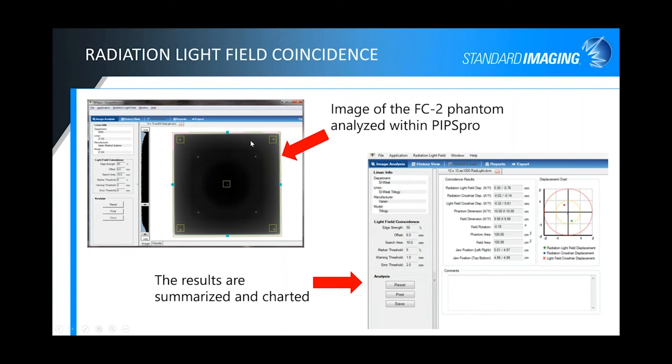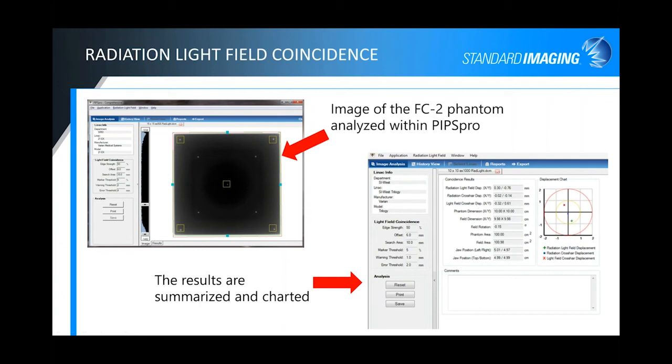The software will automatically localize on those fiducials, then give you not only the light field area shown in red, but it also shows the green edge, which is the radiation field. So it finds that radiation field in correspondence to those fiducials and gives you that result, shown here with your crosshairs,